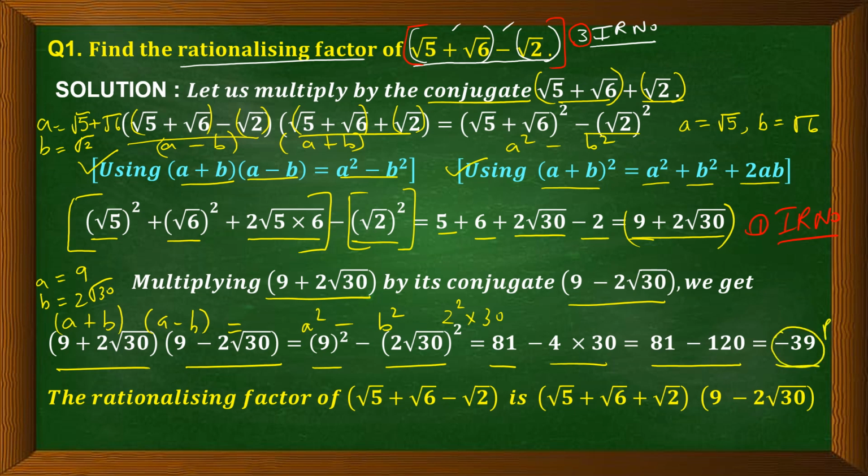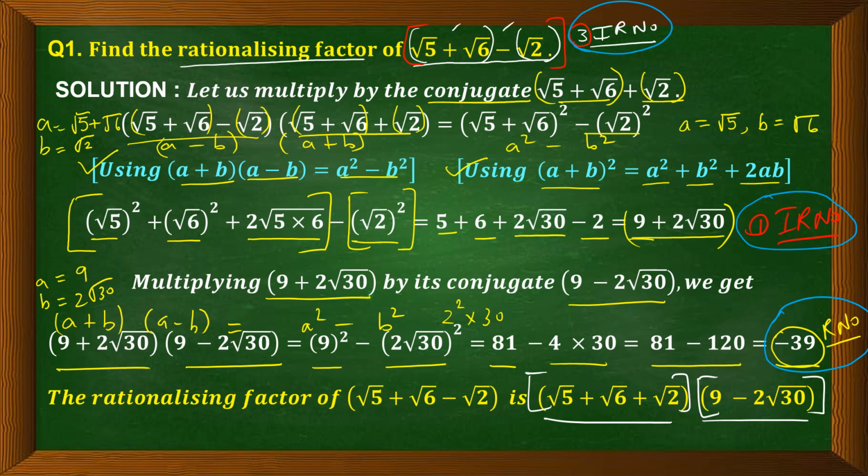Now this is what? This is a rational number. So from three irrational numbers, we have simplified to one irrational number, and further we have simplified to zero irrational numbers, that is, we have got a rational number. This is what is known as rationalization, and the rationalizing factors were the conjugates. What were the rationalizing factors? The rationalizing factor was the first conjugate multiplied by the second conjugate. So both of these together are the rationalizing factor of the given expression, right?